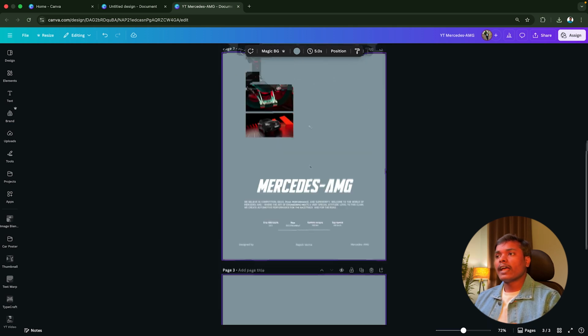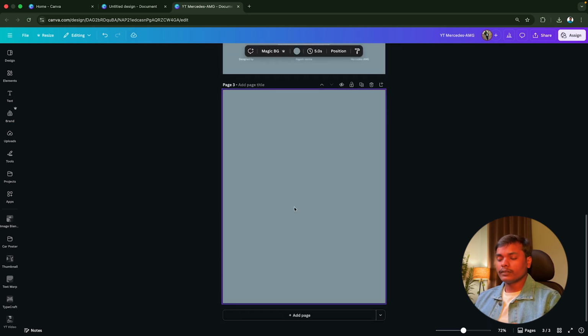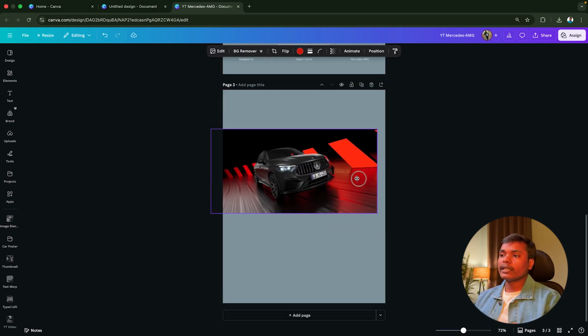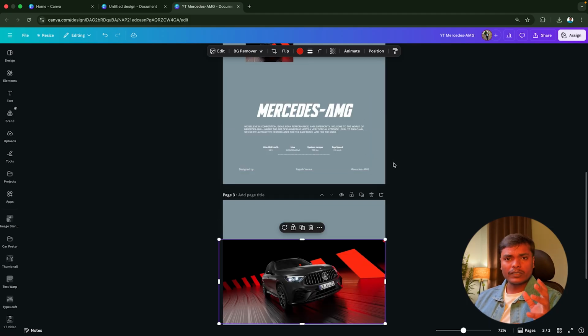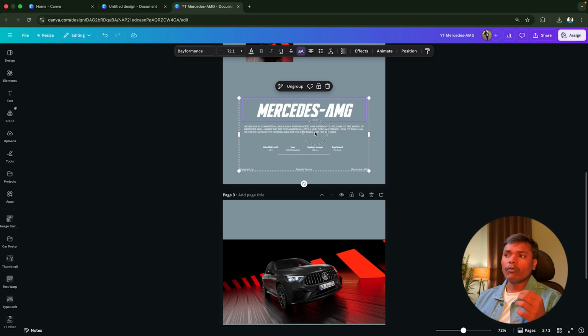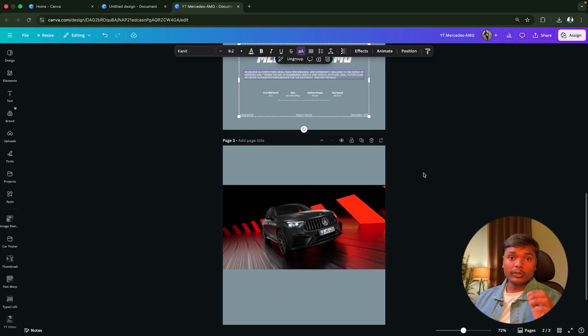I will add a page and firstly I will place this image here. The main part of creating any car poster is creating the layout, and the text details are so much easy. You can place the text details very easily. You can find the text copy from the car website, and the headings and the fonts. It is so easy to figure out how to place the text. If you know the basics of graphic design, you can easily create the text details. So the layout is the most important and I will explain that in detail.